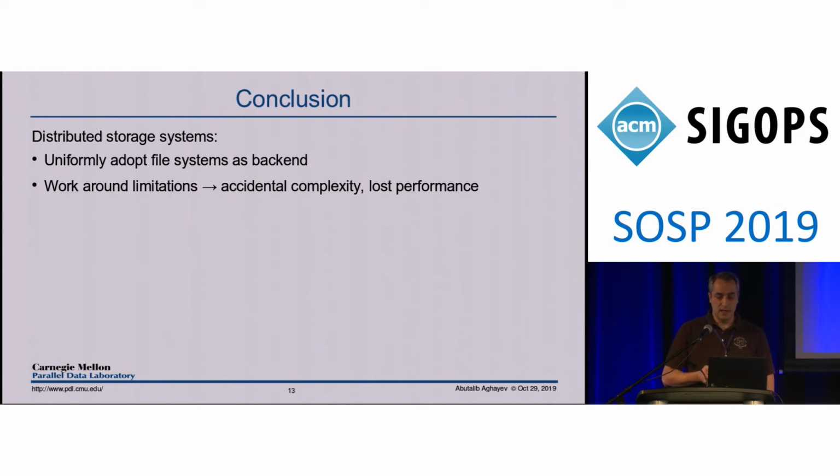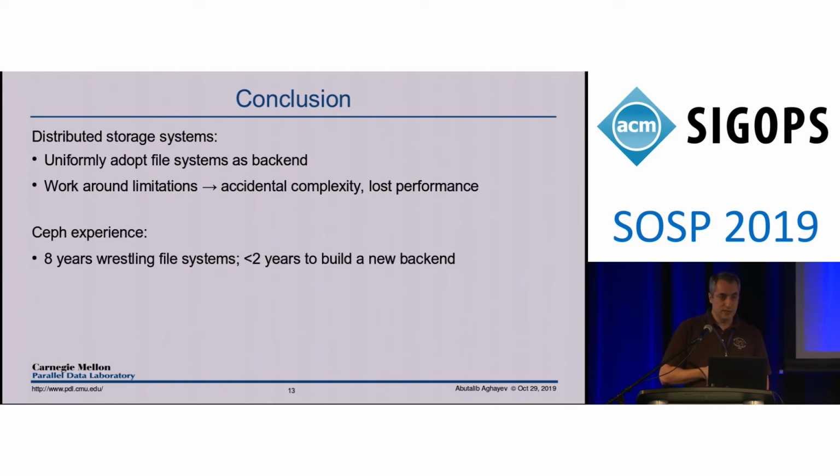This results in a significant accidental complexity and performance loss. Perhaps the biggest reason that holds developers back from building a custom backend is the belief that it will take many years to complete a custom backend. The Ceph team spent about 8 years wrestling with different file systems to achieve good performance, but it took them less than 2 years to build a custom backend from scratch, which outperformed all of the previous backends and also